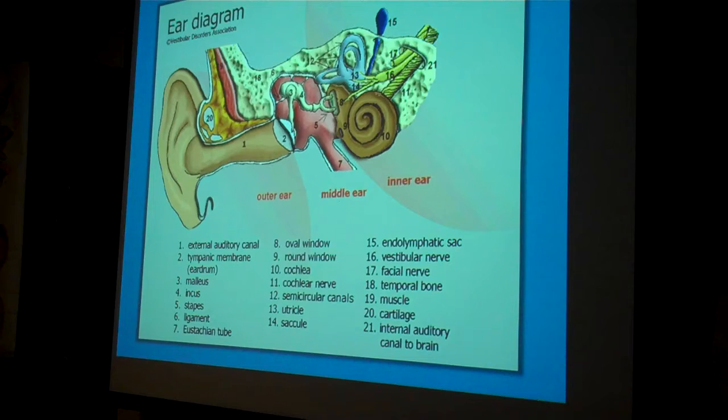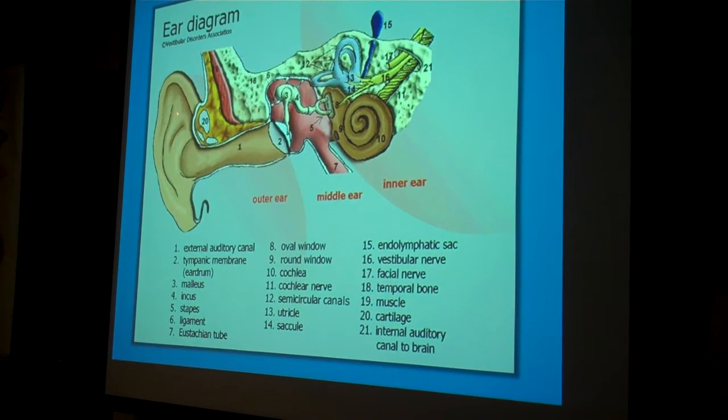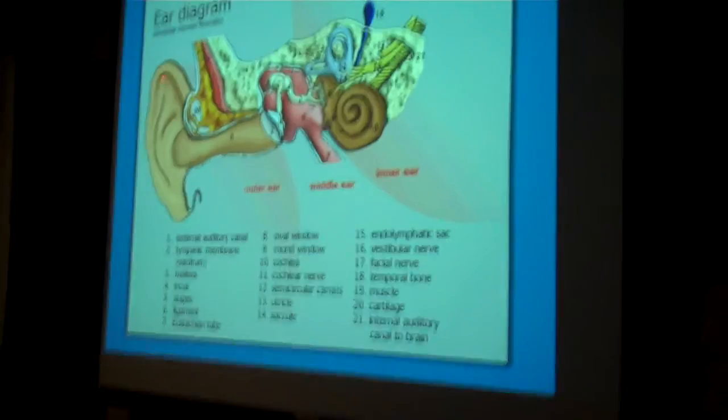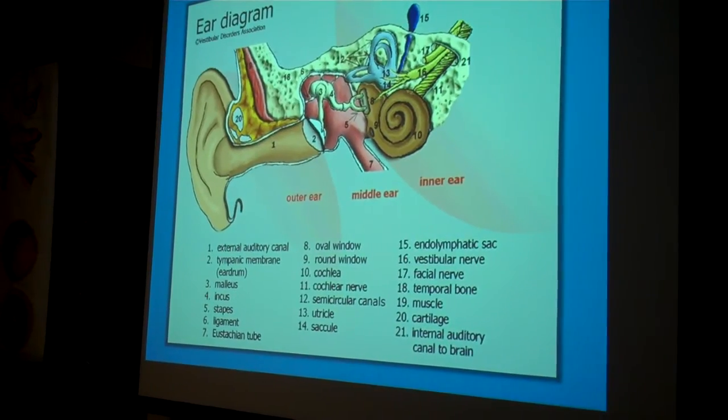Oh, you know what? Can we see the top? One extra term is not listed here. The outside of the ear here is called the pinna, P-I-N-N-A. Then everybody knows the external acoustic meatus, that's the name of the hole in the bone. When you put all the soft tissue in here and actually form the ear canal, it's called the external auditory canal. So there's a little difference between the two,